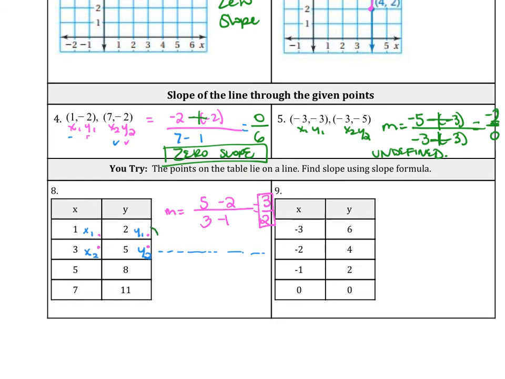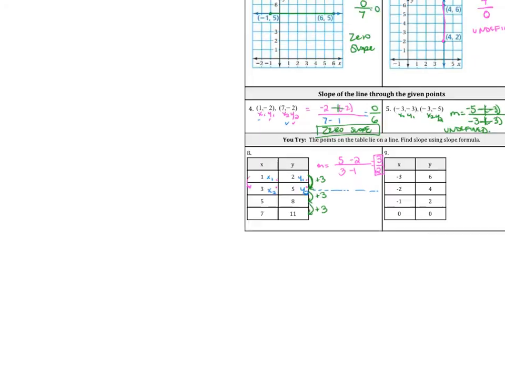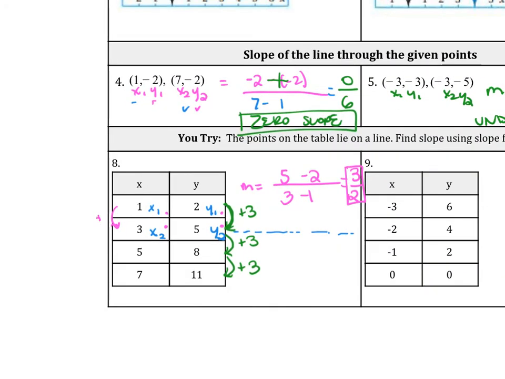So let's look at the difference between this y value and this y value. So 2 to 5, and then 5 to 8, and 8 to 11. 2 to 5, first of all, that's plus 3. 5 to 8 is still plus 3. 8 to 11 is also plus 3. On the left, the change in the x's: 1 to 3, we're adding 2 each time. Plus 2,